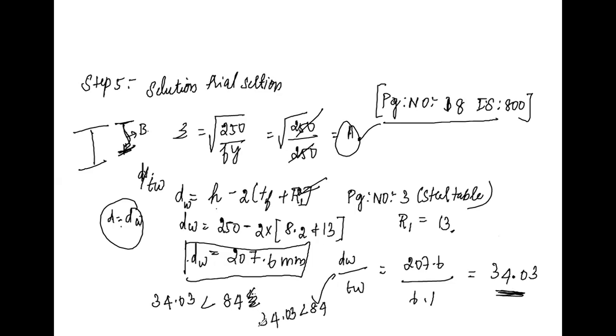We get this condition. So this condition satisfies the plastic class 1 condition, which means the section should be in a plastic stage. So it comes under the plastic condition. This can be checked. Already I told the page number. It is checked in the code book of IS 800, page number 18. Refer to it.